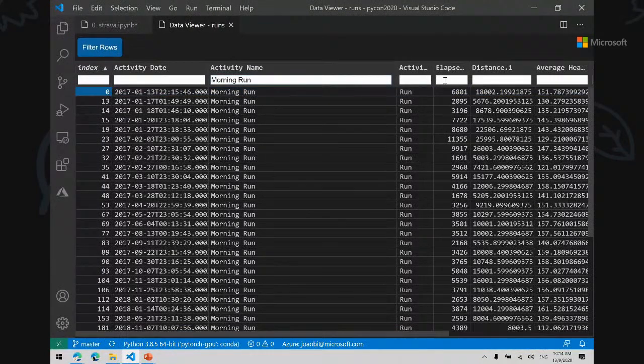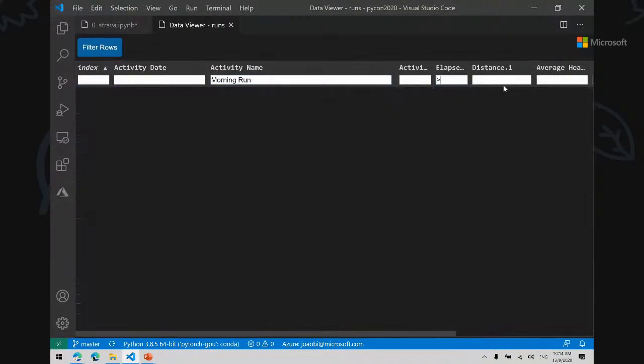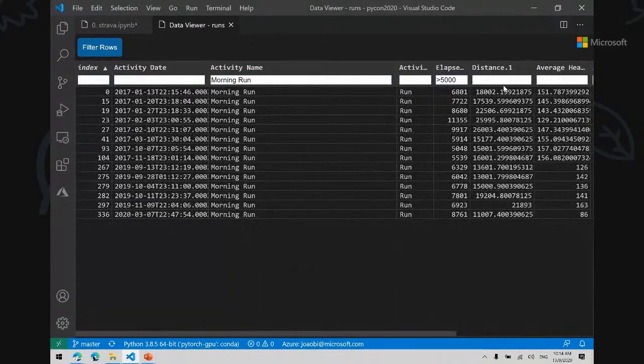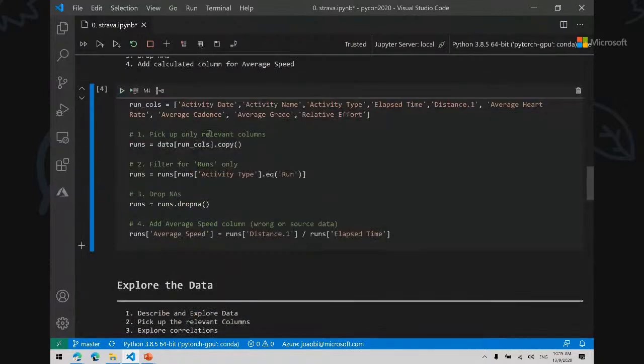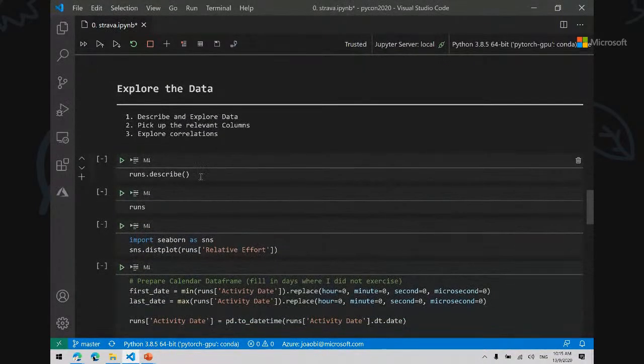I only want if the elapsed time is above 5,000. And you'll see that very quickly I can look at the outliers and do really quick filtering on the data frame visually and interactively without having to leave Visual Studio Code or without having to build any custom code for that. I'm going to hide the variables, which you can always bring up through this icon there. Now let's look at the data.